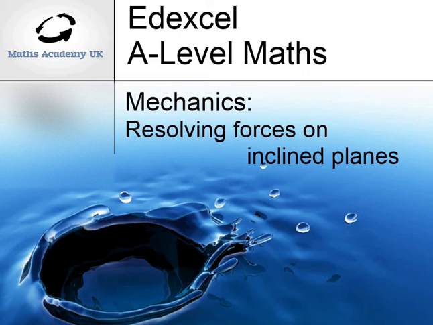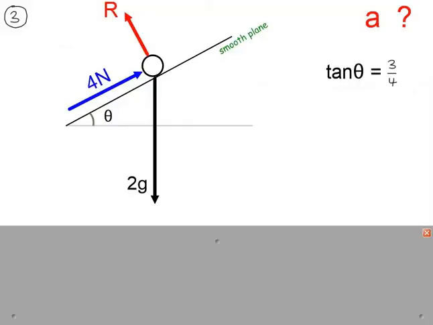Resolving forces on inclined planes. Example 3. So a particle with weight 2g newtons is acted upon by a 4 Newton force parallel to the